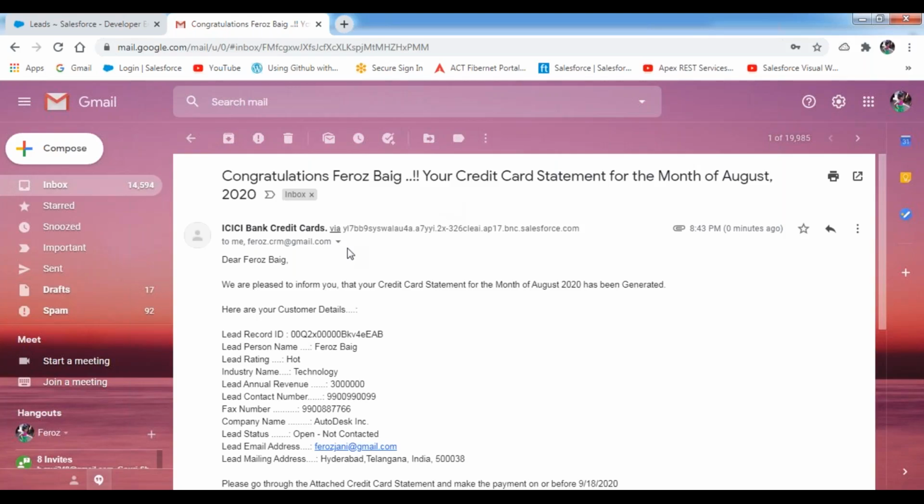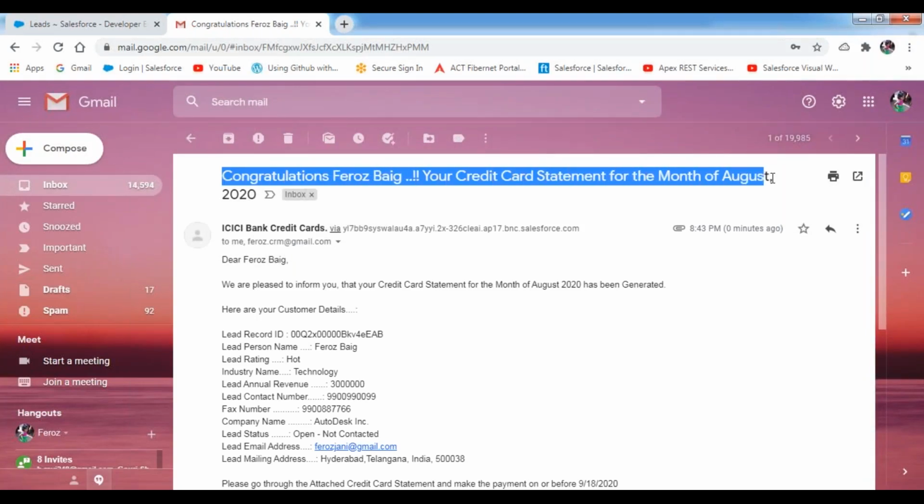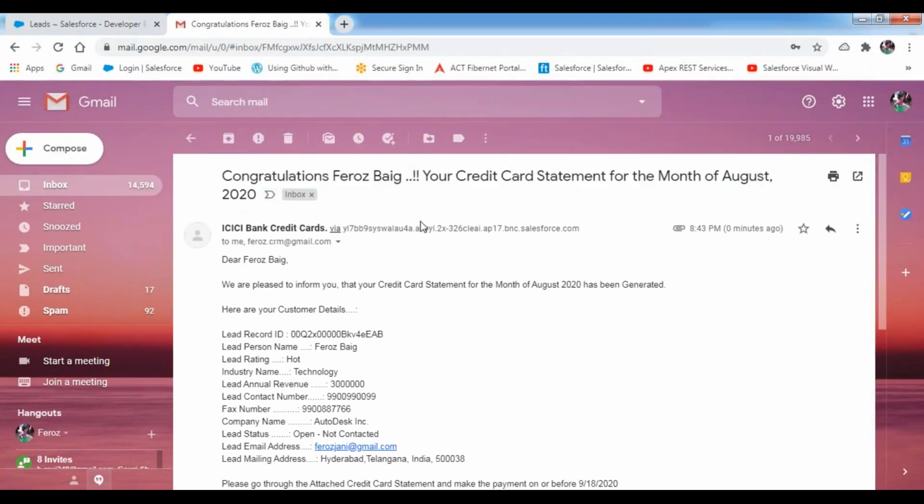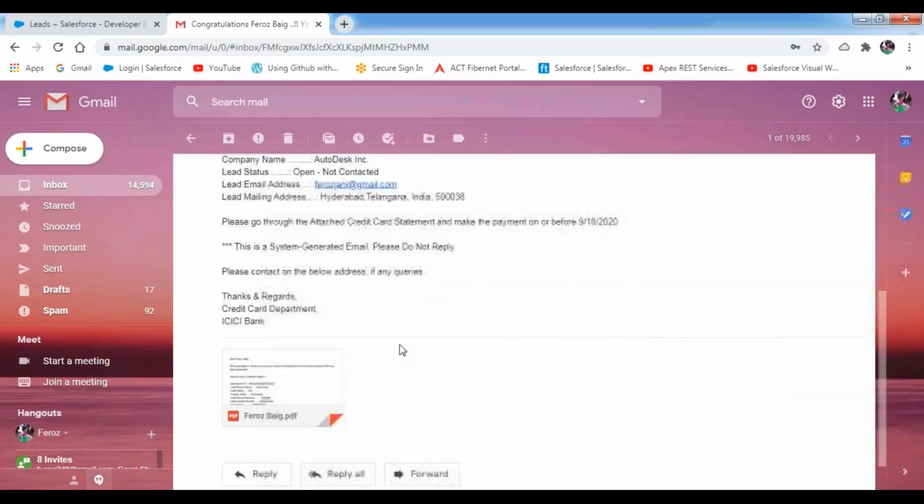Now, let's see. It is indicating, "Congratulations, Firoz Beg, your credit card statement for the month of August, 2000." It is indicating "Dear," the first name and the last name, "we are pleased to inform you that your credit card has been generated." So this is the credit card customer details: the lead ID and the name, rating value, industry, annual revenue, contact number, phone, fax, mailing address,